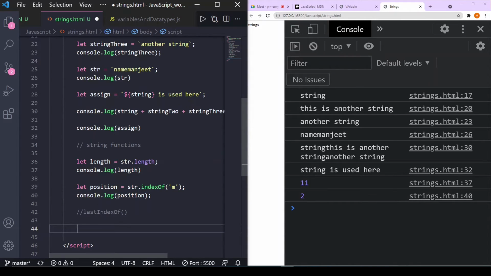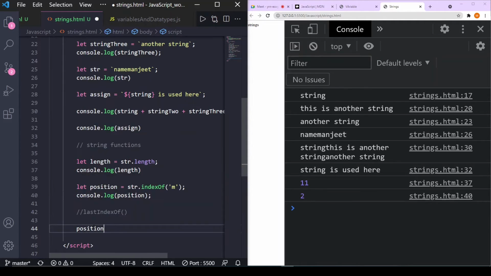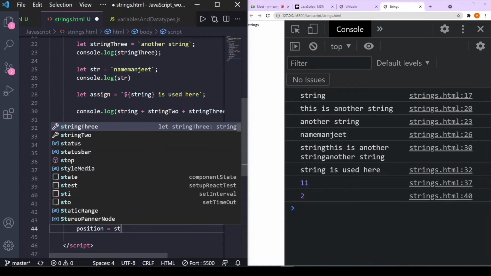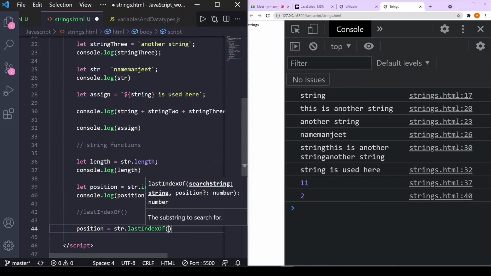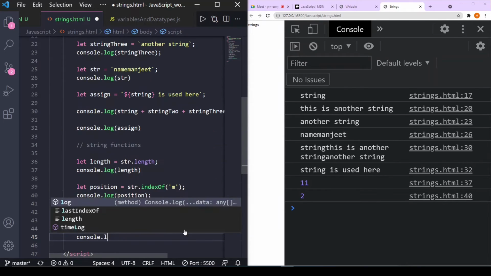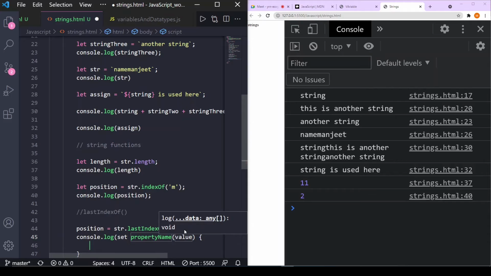As position is defined using the let keyword, I can redefine it. So I will just reassign it: position equals str dot lastIndexOf, and lastIndexOf what? I want the last index of m. So let's console it, console dot log, we want position.